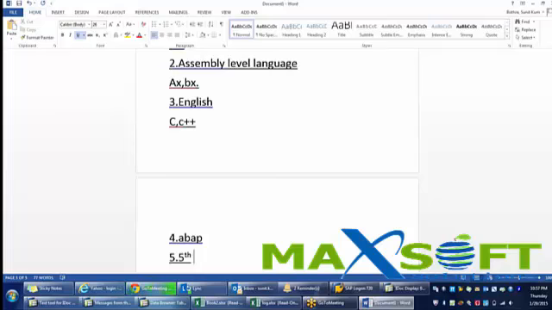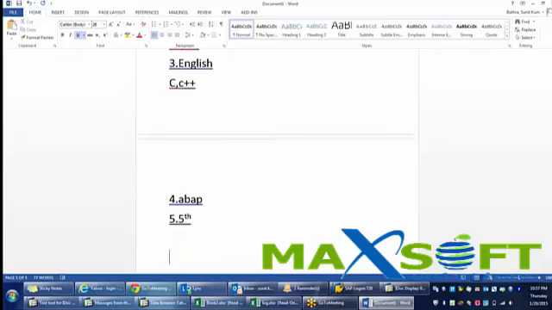There are some languages, I cannot say exactly, which are used even to customize your operating system. So this is about the generation of languages, and ABAP falls in the fourth one because it is more user friendly and you can interact with the database with the help of Open SQL, which is part of the ABAP language. So this is the very introduction about SAP and ABAP and all that.